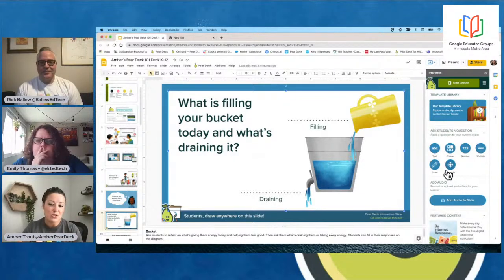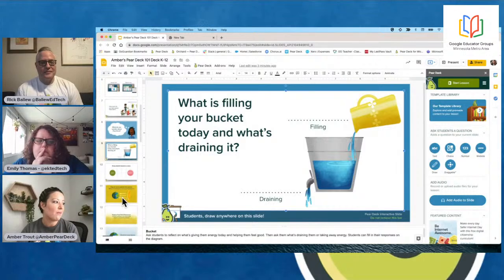Now, drawing and draggables are two premium features, but they're very versatile. Drawing and draggables are really good for your young learners, like your K through 2 learners, because they're easy to maneuver and they're really easy for kids to draw and drag things. So drawing has more than just drawing. You can draw, you can add text, you can highlight, and you have line functions. So lots of different things that you can do there. Just so you know, lots of ways to use these and lots of different options.